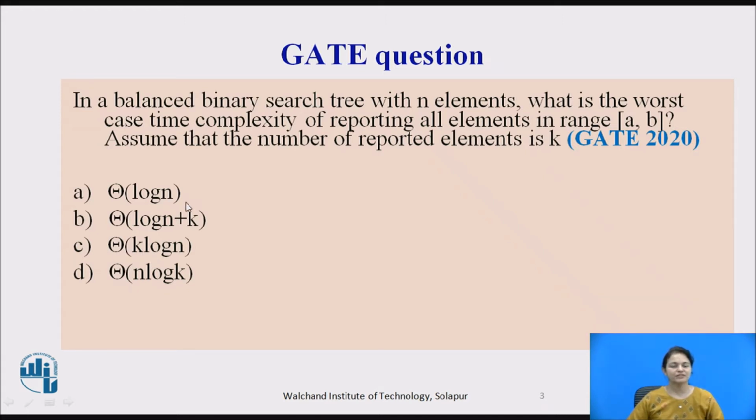The options are given here, everything in log as we are in the tree. So we will see how it works.